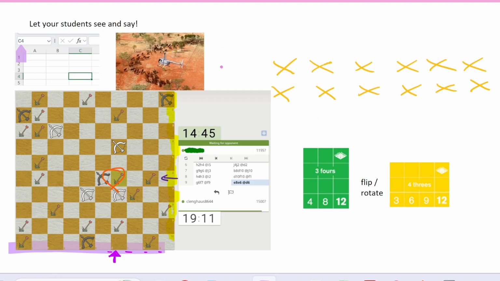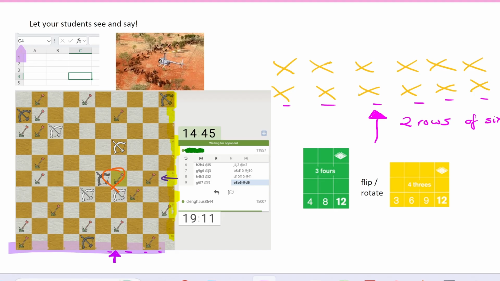And one of the stories that I heard was, so in Australia, we have a lot of cattle mustering using helicopters. So it's just a story you could tell your students. But while the pilot was flying over, he noticed some haystacks in one of the properties. And as he flew from the bottom of the screen to the top of the screen, as he flew up, so that pink arrow, he said, oh, I can see I've got 6 and I've got 2. So he reported back 2 rows of 6